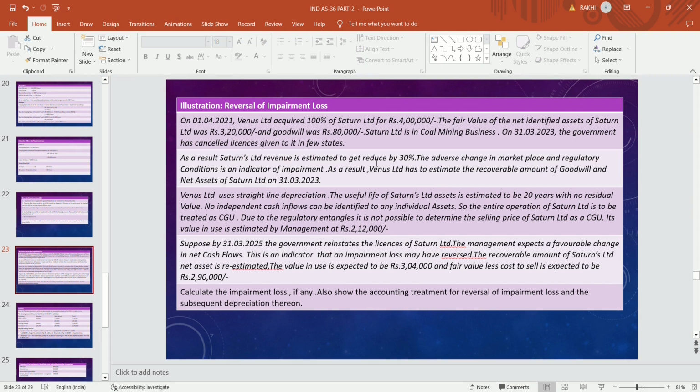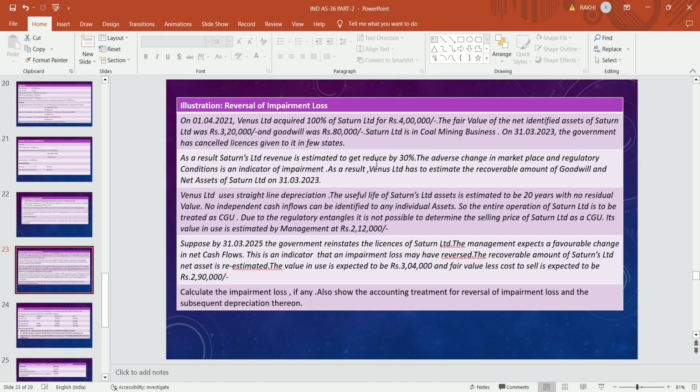Suppose by 31st March 2025, the government reinstates the license of Saturn, which they had cancelled on 31st March 2023. The management expects a favorable change in the net cash flow. This is an indicator that the impairment loss may have reversed. The recoverable amount of Saturn Limited net asset is estimated. The value in use is expected to be rupees 3,04,000 and the fair value less cost to sell is expected